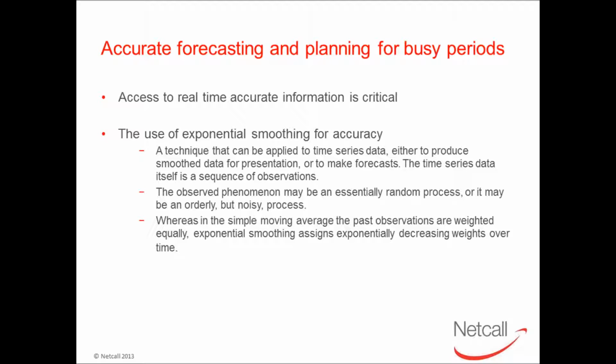One is around exponential smoothing, and this will be really relevant with the snow in the last week. It snowed this week this year, but it probably won't snow in the same week next year. So if you just use averages or a moving average, you may overemphasize some of these outliers. Using exponential smoothing helps to lessen the weight of these phenomena over a period of time,